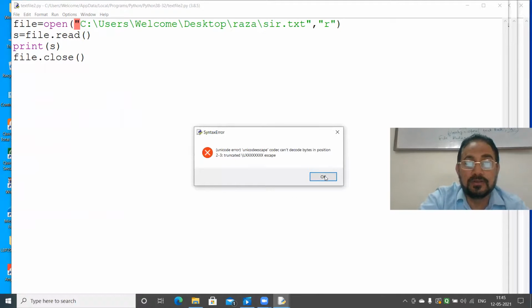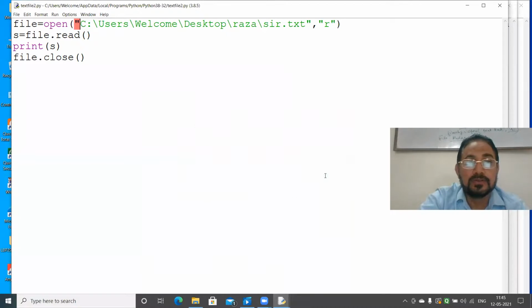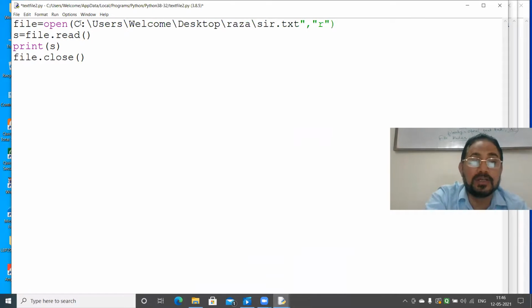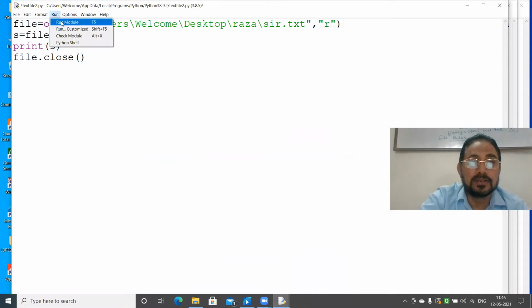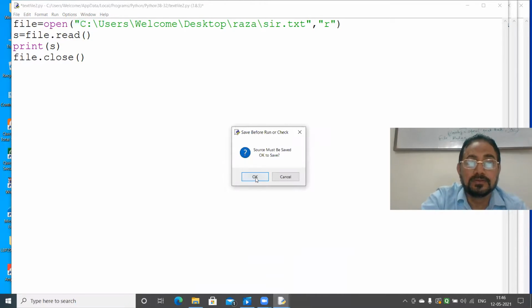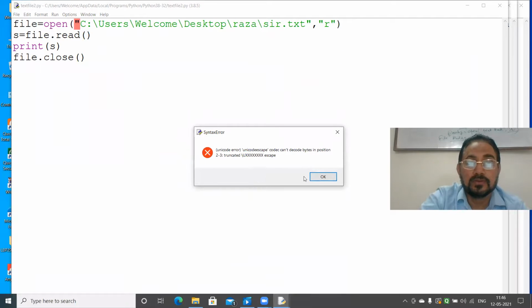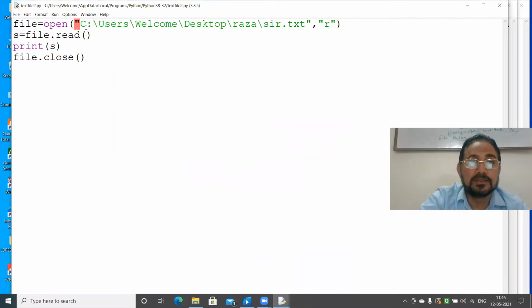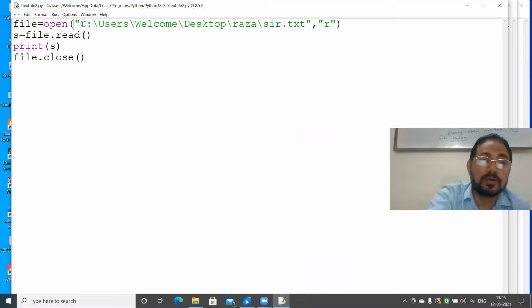Now see, okay, this code is giving some problem, so I will write my code of Python, and I will run this. Syntax error. What is the syntax? Okay, round bracket.